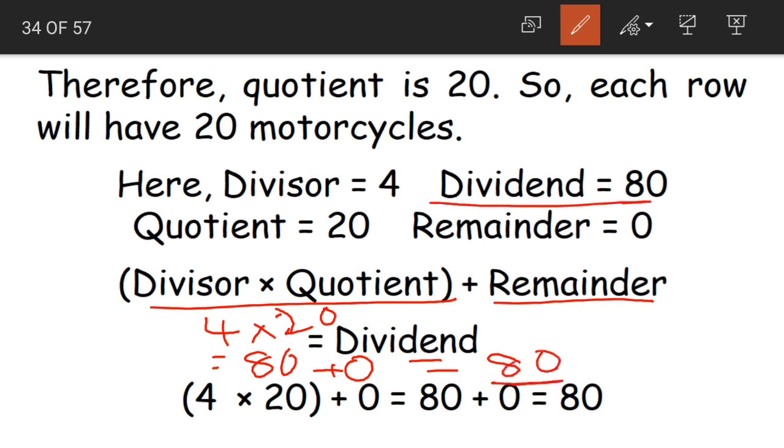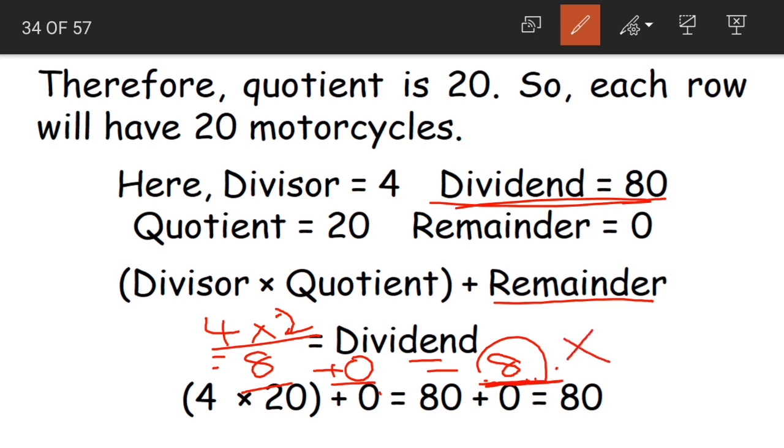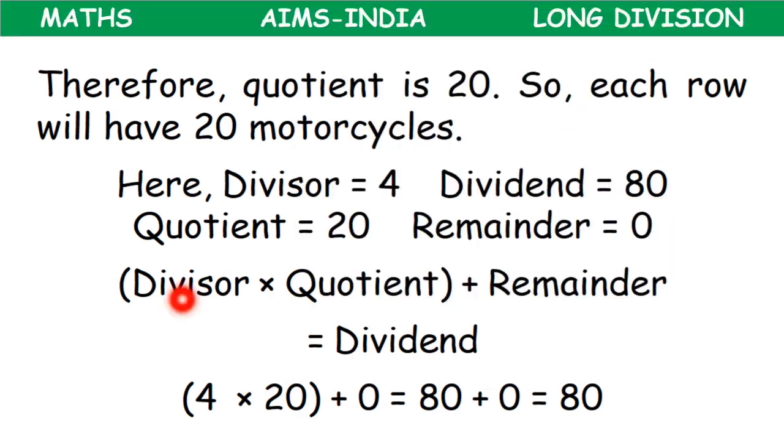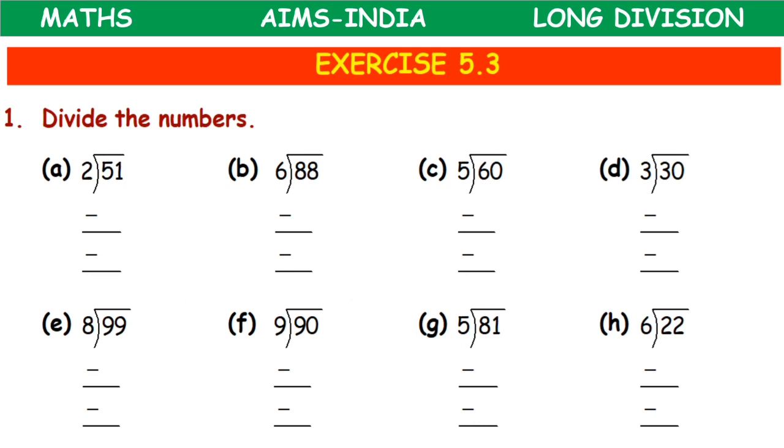Now what is 80? 80 is our dividend. So we can say that the division that we have done is correct. Suppose if you would have taken 2 as the quotient, yes, then your answer would have been 8. 4 2s are 8 plus 0 becomes 8. 8 is not our dividend, right? So that would not have been the correct division. Clear? So even after dividing, if you check using this statement, you can yourself check whether you have done any mistake in the division or not children.